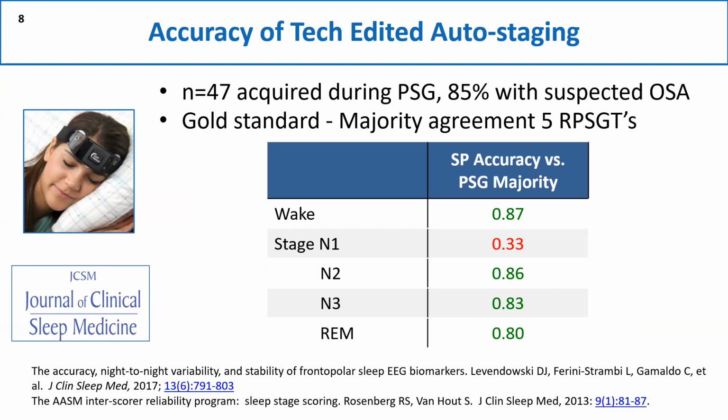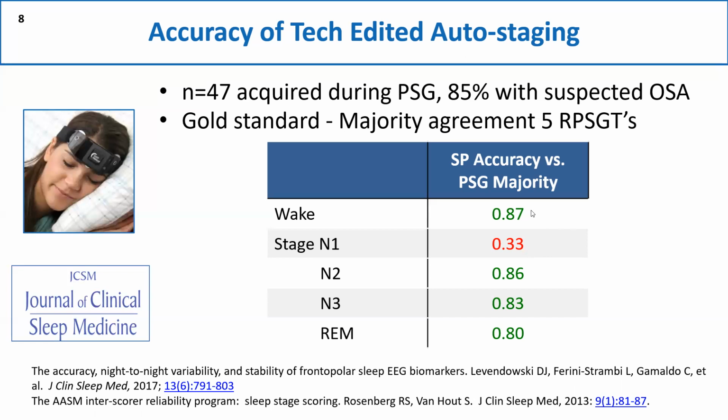Then we brought their staging back and established the gold standard: if 3 of them or more agreed to the stage, that became the gold standard. And then we compared the sleep profiler after technical review to the gold standard to see how we agreed. As you can see, in all but N1 sleep, we got over 70%, 80% positive percent agreement compared